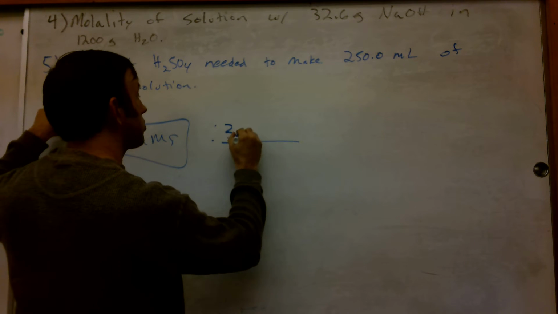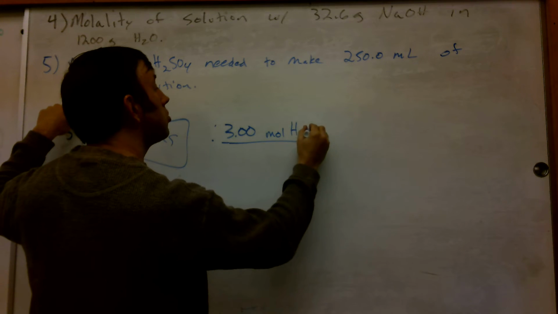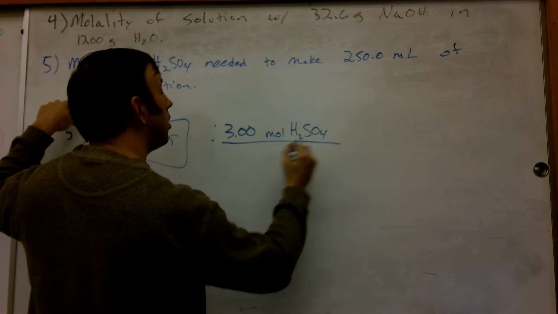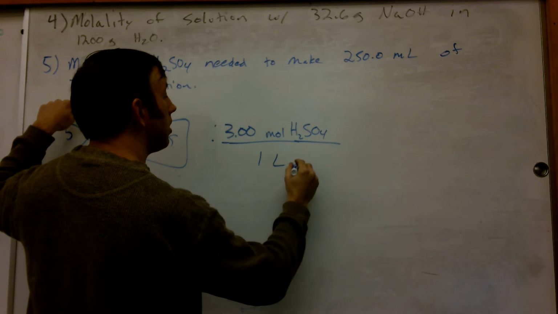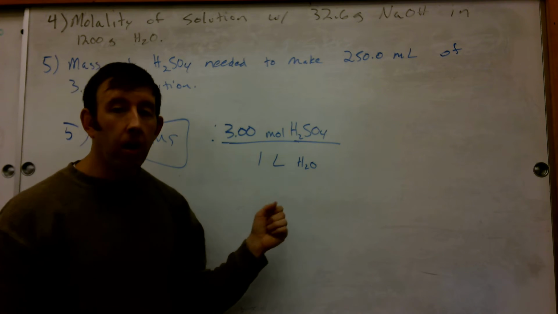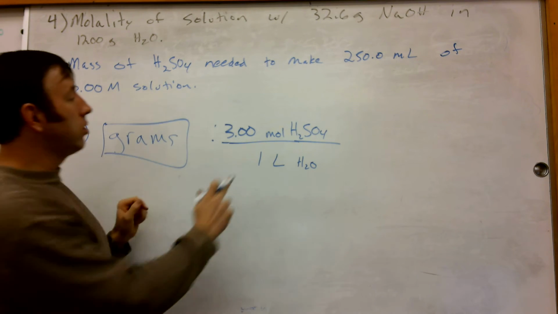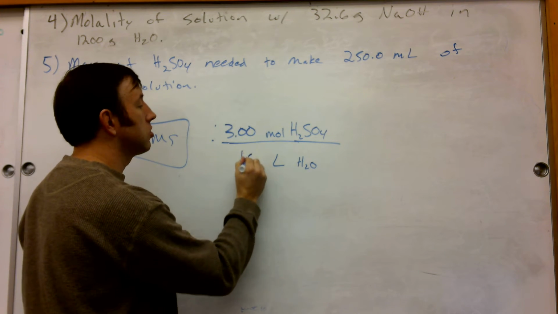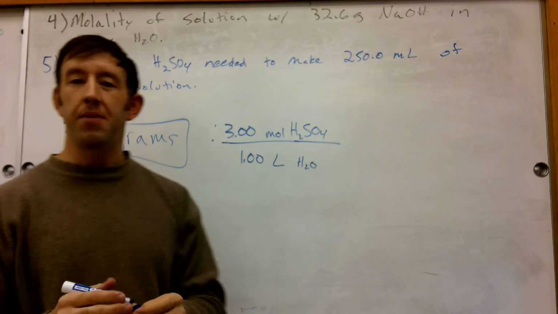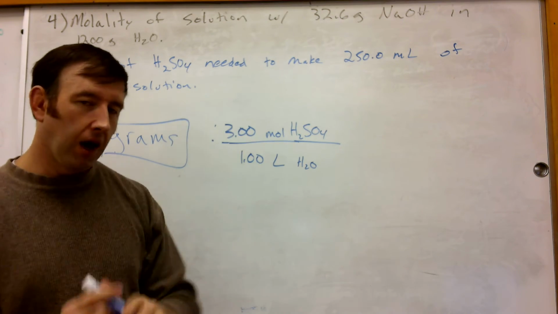So that's 3.00 moles of H2SO4 per 1 liter of water. Okay, now, because this is already given as a molarity 3.00, we can probably go ahead and do this too, right? Because we know that many sig figs. That way we don't get thrown off thinking there's just one sig fig there. But anyways,